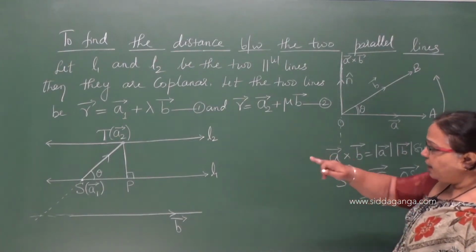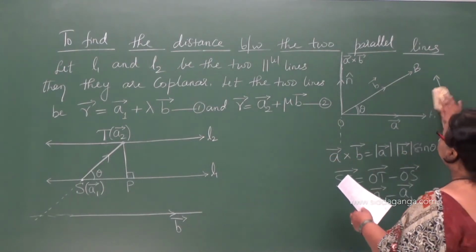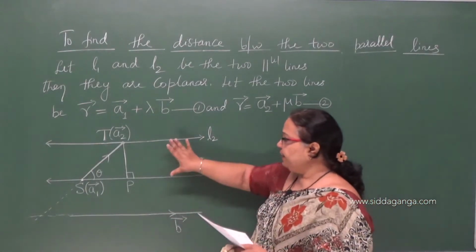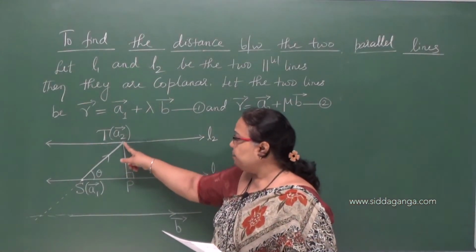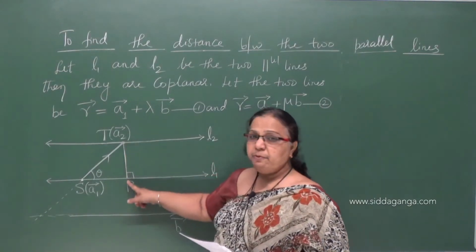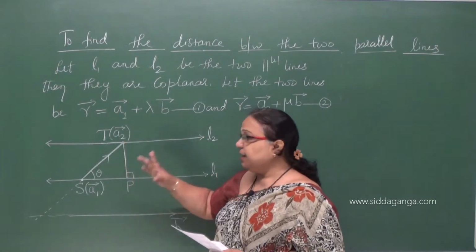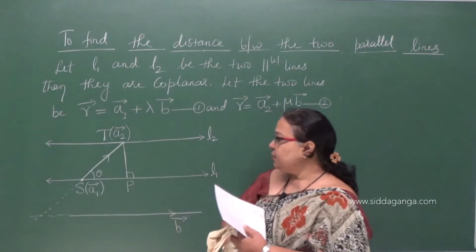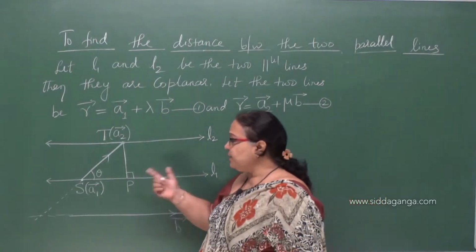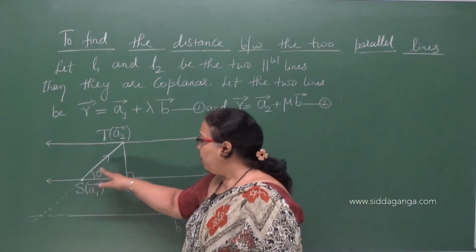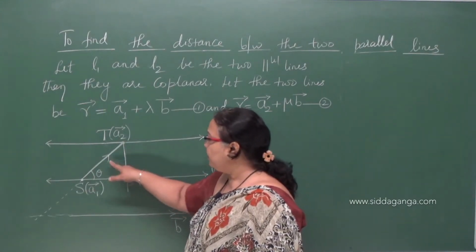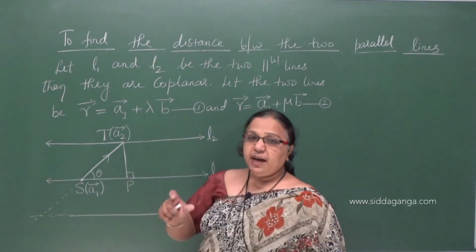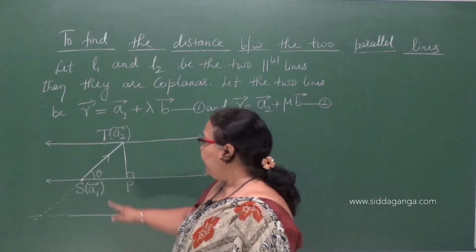Here also, we need the parallel distance between the two lines, which means we have to find the magnitude of vector PT, the length PT. We have to find PT. Here we define the sine ratio because the opposite side is PT and the hypotenuse is ST. Since we need PT, we have to define the cross product of vector ST